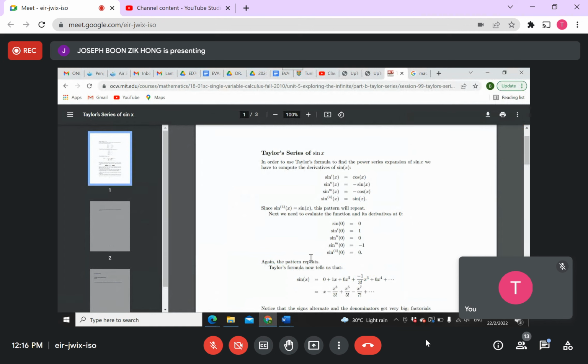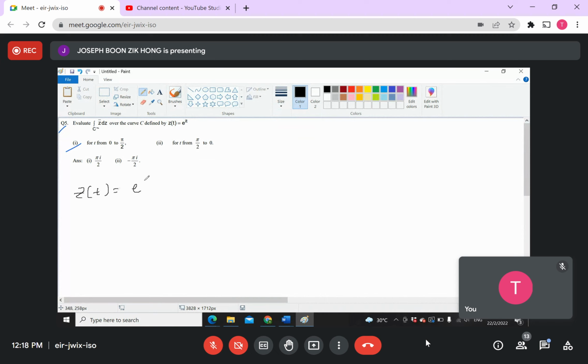Okay, so I want the integral of z conjugate over the curve defined by z(t) equal to e^(it). So z(t) equal to e^(it), and I want to integrate from 0 to pi over 2. So that means now my z(t) equal to e^(it). So e^(it) will be